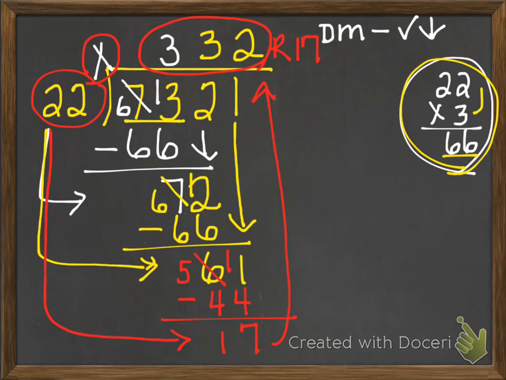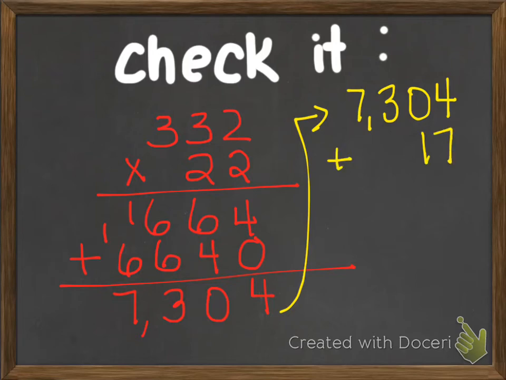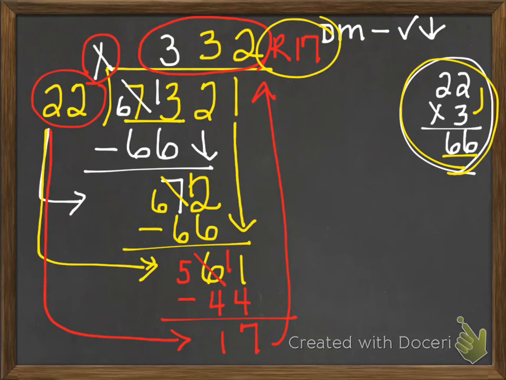7,304, and it doesn't match. But I have got this remainder of 17. So now I'm going to take this 7,304 and add 17. So 7 plus 4 is 11, and then that's 2, 3, and 7. So I've got 7,321. And there it is,